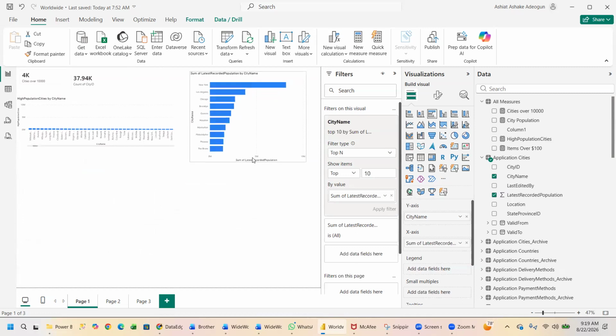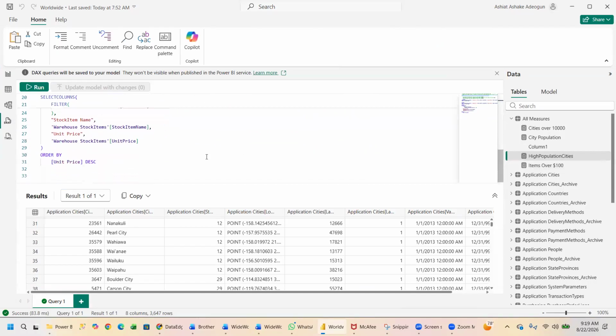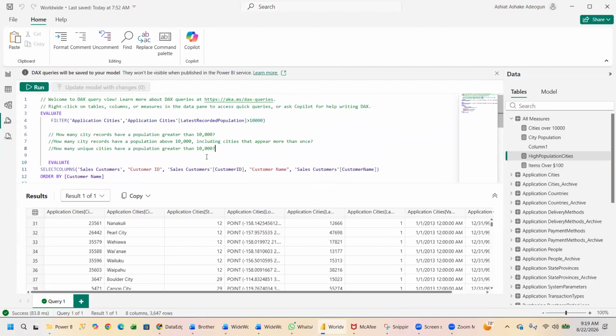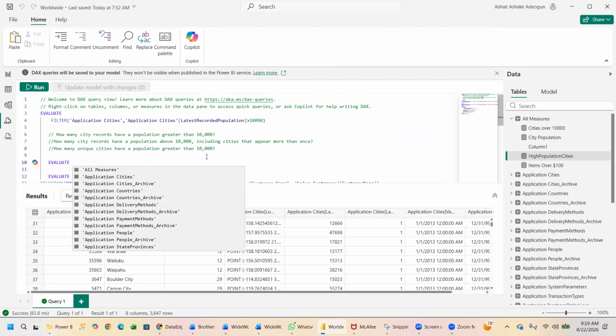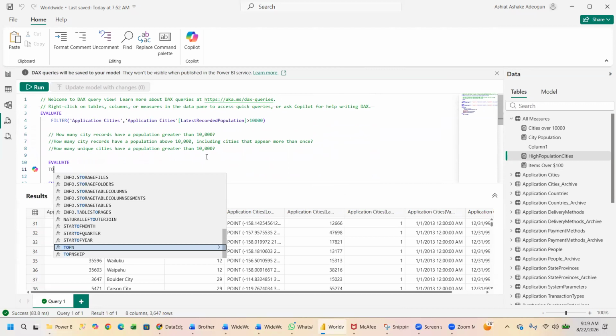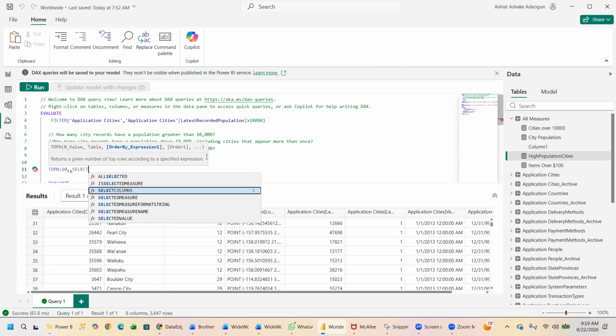Let's put it here. You can write a measure for it if you want, and you can write your query. You can come down to the query here, and let me see, no, I've not written it. Let me write the question down here. So evaluate top, and you put 10 inside, and we want to select column city name, and the latest record population. So you select column,